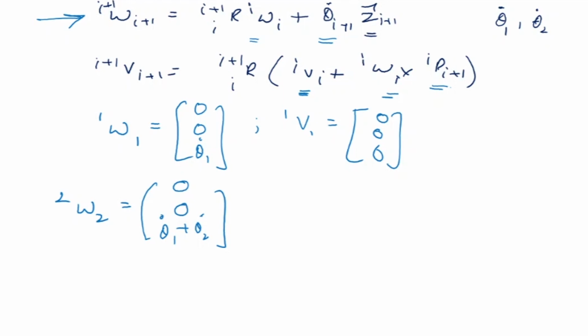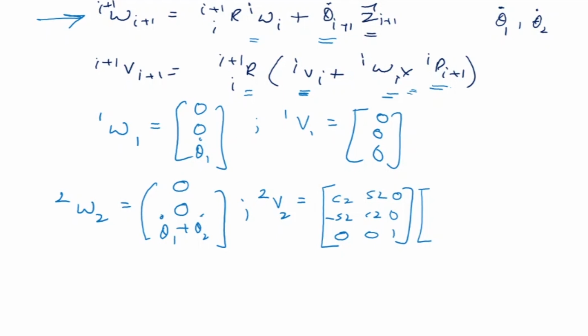Okay, and what about the linear velocity? Sorry, that was the angular velocity. The linear velocity is equal to the rotation matrix, so it's the inverse of that: cos 2, sine 2, minus sine 2, cos 2, 0, 0 1 0 0. And what is omega i cross P i? Omega i cross P i is 0 L1 theta 1 dot 0, which is equal to L1 sine 2 theta 1 dot, L1 cos 2 theta 1 dot, and 0.